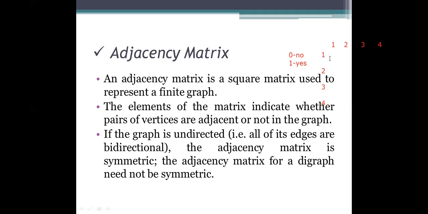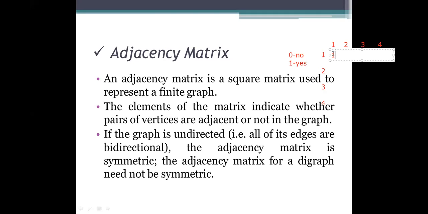If there is a connection or an edge from 1 to 1, meaning the graph has a self loop there, then from 1 to 1 we will simply specify it as a 1.